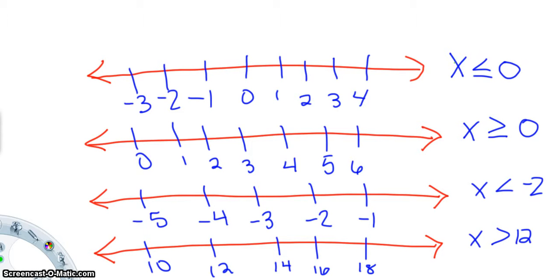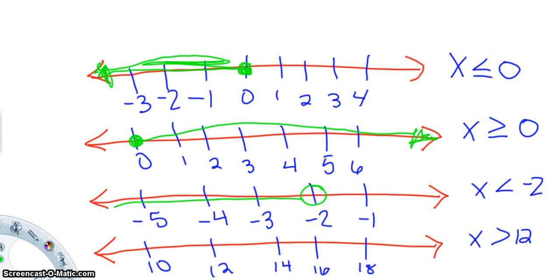So the first one when I graph, I'm going to have x is less than or equal to 0. So I'm going to have a closed circle at 0, and we're going to have less than, so it's going this way. Closed circle again because it's equal to. Next one I have x is greater than or equal to 0, so this way. This one here, x is less than negative 2, open circle, less than, and lastly x is greater than